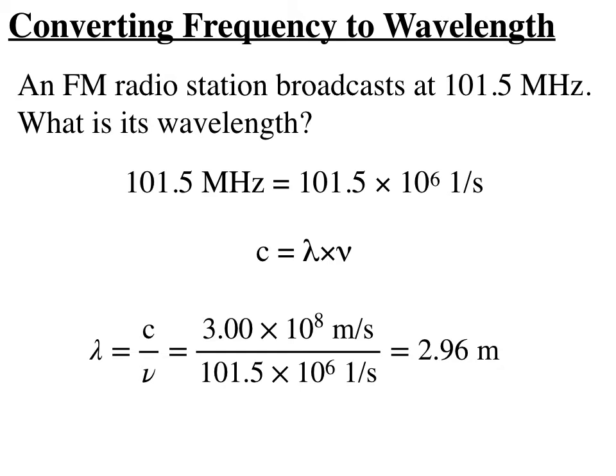On the FM dial, when you tune the number, you're tuning to the frequency of the FM station in megahertz. So when you turn your dial to 101.5, you're turning the frequency of the pickup antenna to resonate the circuit at 101.5